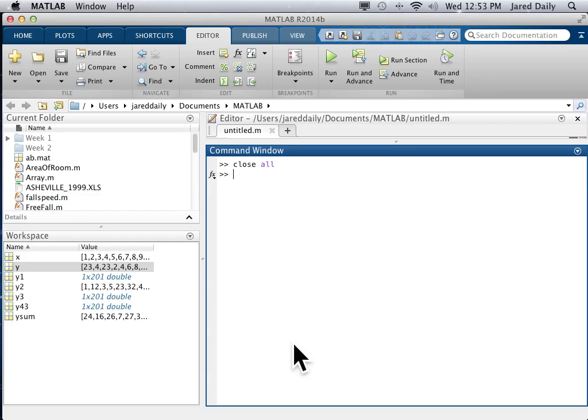Subplot gives you the option of dividing the plot window, or the figure window, into several smaller plot windows. So if I use subplot, it's kind of like a matrix of plots. You have m number of rows and n number of columns. So if I do 1, 2 for my subplot,